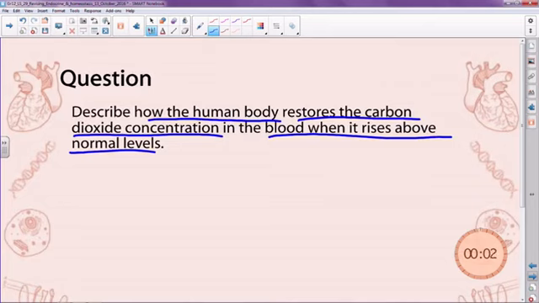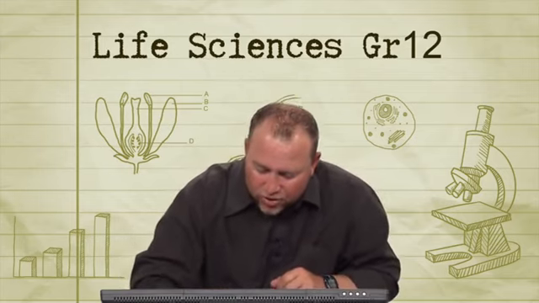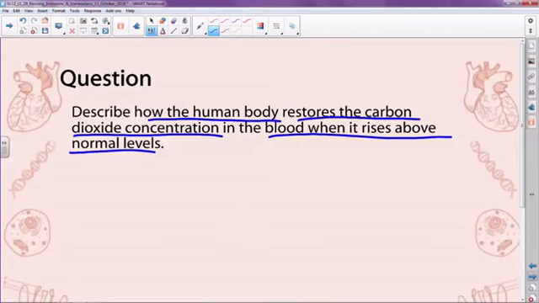Okay, now let's have a look at that answer. Before I even show you the answer, let's have a look at this question properly. First of all, we're having a look at carbon dioxide, and when it has risen, or becomes higher than normal, how do we restore the carbon dioxide concentration in the blood if it goes higher